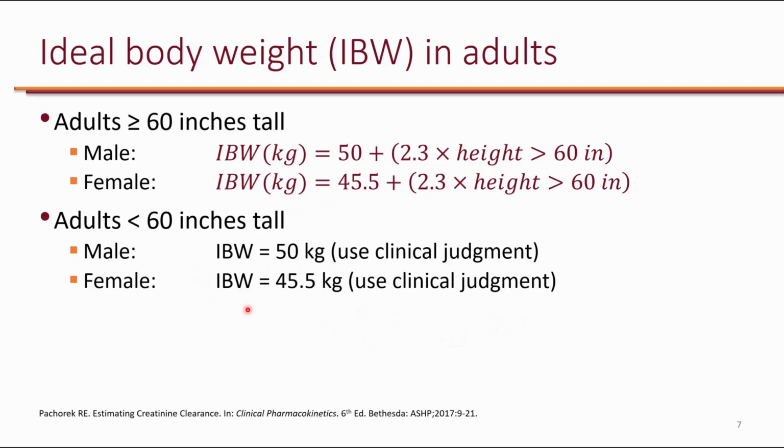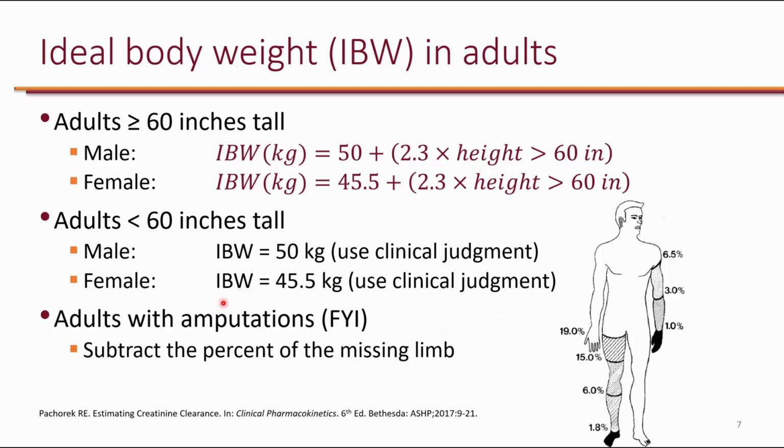For the purpose of this class, we will use these equations. You might wonder, what about patients who have had amputation? For those patients, you can use this chart to subtract from the ideal body weight whatever limb they're missing. For example, if somebody had below the knee amputation, you can subtract 6% of the ideal body weight that you calculate. These numbers are just for your reference, so you do not need to memorize these percentages